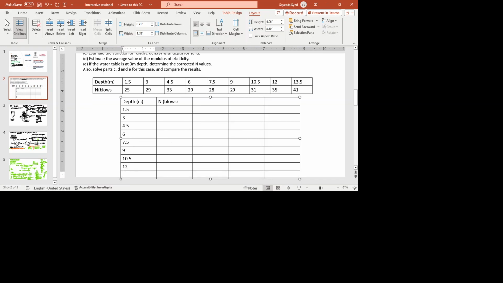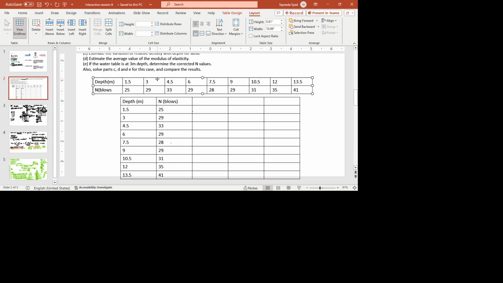So 1.150 mm is not 1.5 meters. Sometimes students get confused and make that mistake. That's why I'm mentioning 33, 29, 28, 29, 31, 35, and 41. Okay,